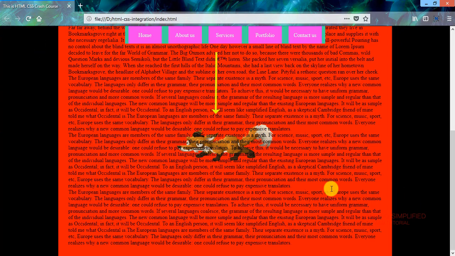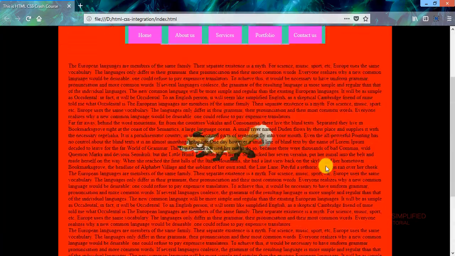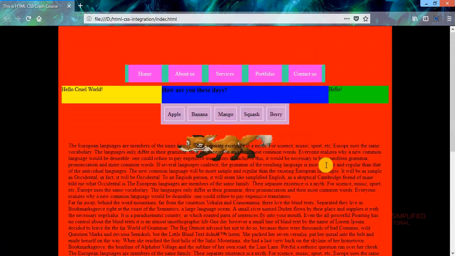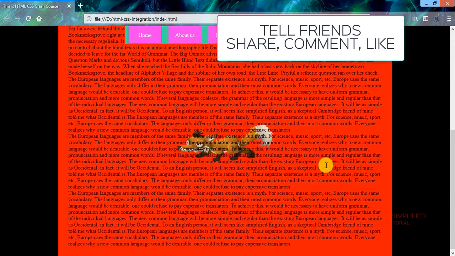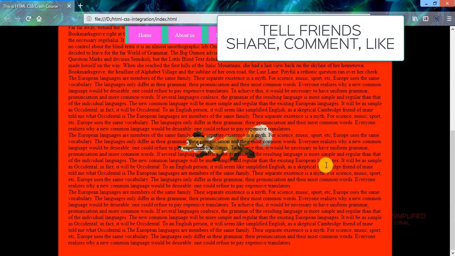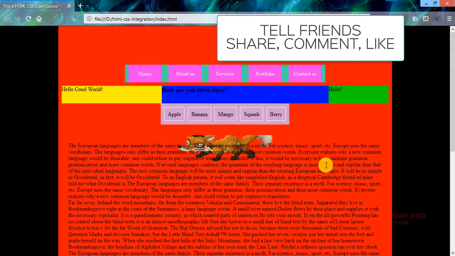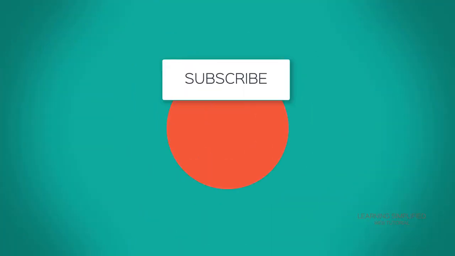We can see that the image is now residing at the central position of the same particular div element that we are using for this purpose. And if we scroll down or scroll up, we can see that practically the image is fixed into that particular position, and the content is now scrolled up or scrolled down.